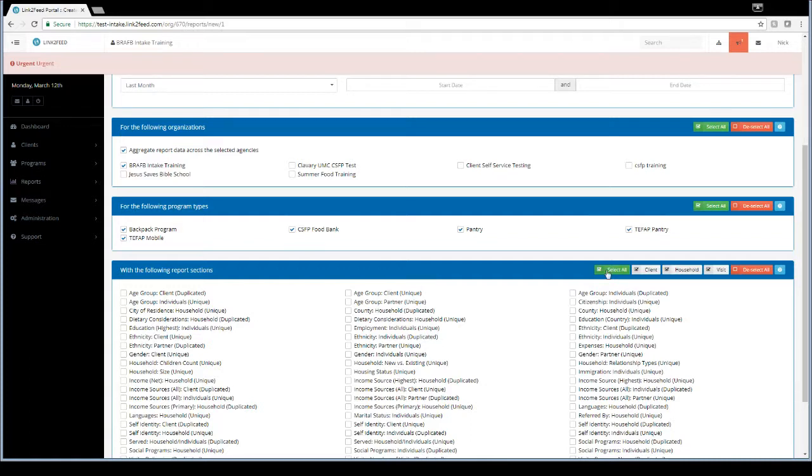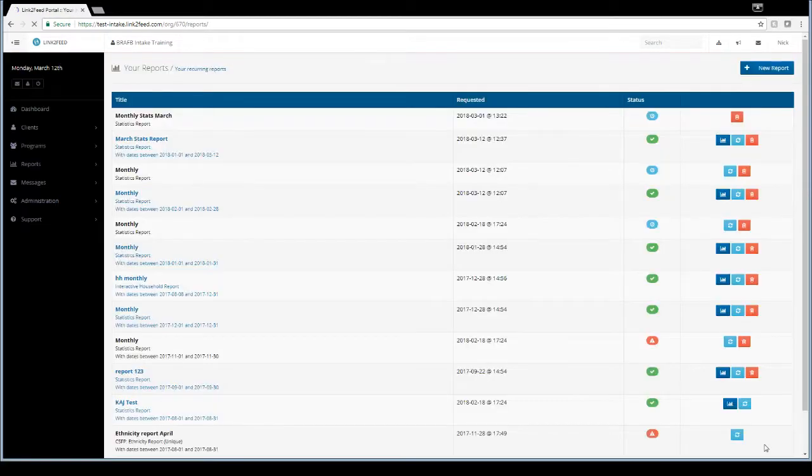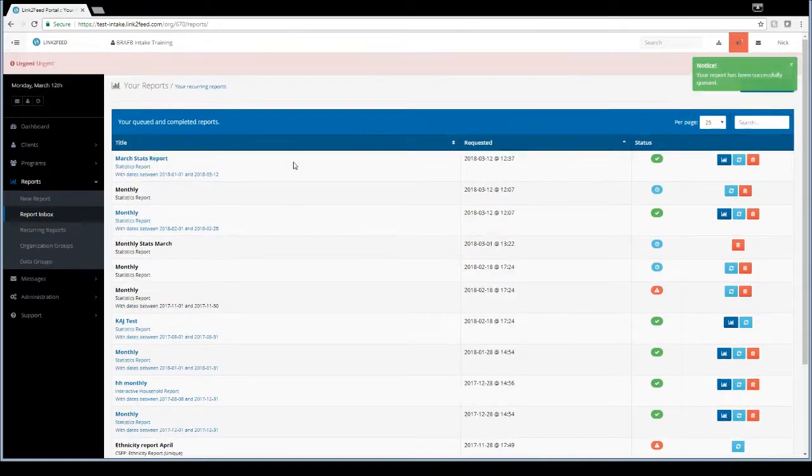program type. And then you can select all on the sections of the report, and as you run these reports a couple of times, you'll see what works for you and what you could care less about, and you could uncheck those boxes that you could care less about, so it's a more condensed, faster read for you when you are looking at those reports. So that's it. I just hit create report, and it automatically takes me back to my report inbox, and